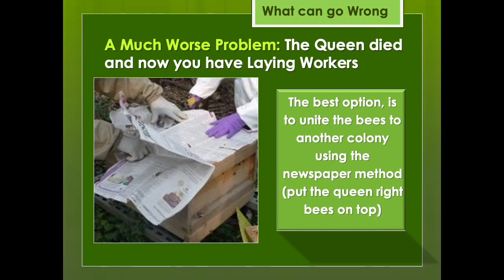There's been many beekeepers over the past decades, if not centuries, trying to figure out a way to solve laying workers without having to introduce or unite with another hive. And most of these methods are either time consuming or they're not very effective. So this is a reason why when you start out as a new beekeeper, it's always best to have more than one colony. Because if you have one colony and now they develop laying workers, that's it. That colony is doomed and there's nothing else you can do. But if you have 2 or 3 colonies, then you could unite the laying workers